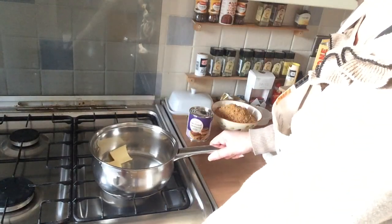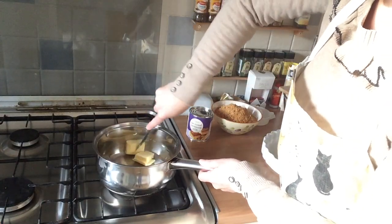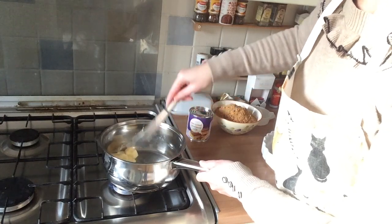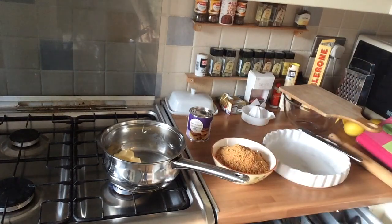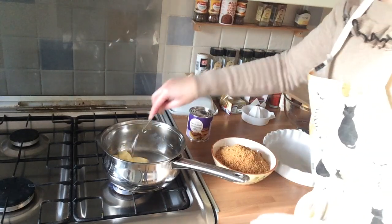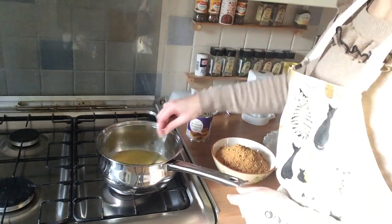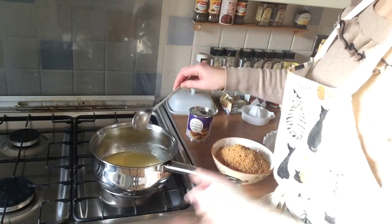Just need to melt the butter and mix the biscuit crumbs in. Just chopping it a little bit smaller there. So the butter's all melted, turn the heat off,